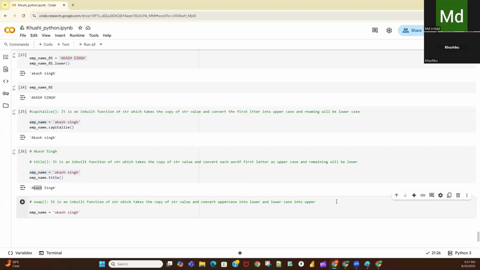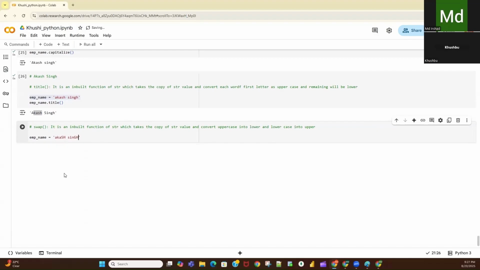Employee name. And in this case, what I will do, I will change this sh into capital letters SH. And here also I will change this gh. Now in this name, this is my small letter, means lowercase, and this is my uppercase. Uppercase is nothing but capital letter. Again, this is my lowercase, this is my uppercase. So what this swap function will do, it will see whichever are lowercase, it will convert into uppercase, and whichever are uppercase, it will convert into lowercase.